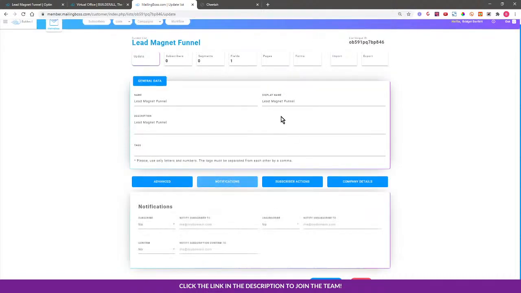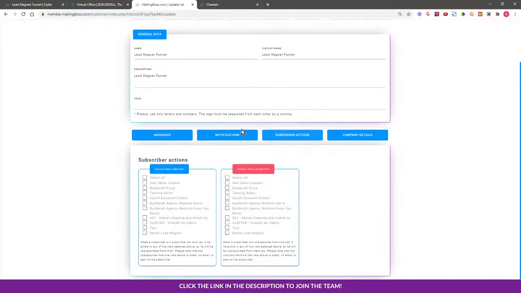So the next options here, we can actually send ourselves a notification. So every time someone subscribes, then we could actually have it send an email to us that says, hey, you have a new lead. Or you could just leave this blank. You can have it send when they unsubscribe or even confirm. We'll just go ahead and leave that blank. And you have some subscriber options. So you can check any of these boxes. So basically what you're doing is you're choosing the action that you want it to take when someone subscribes or